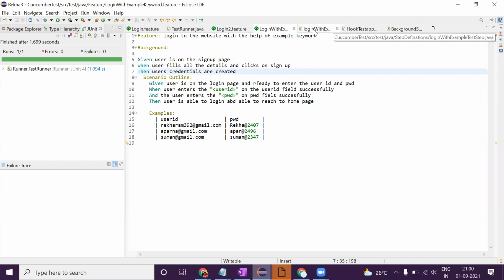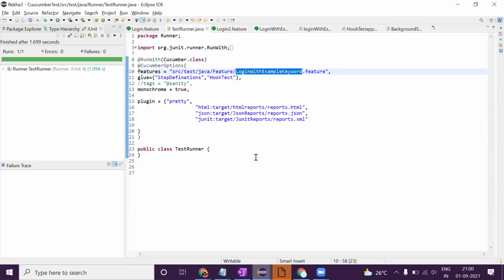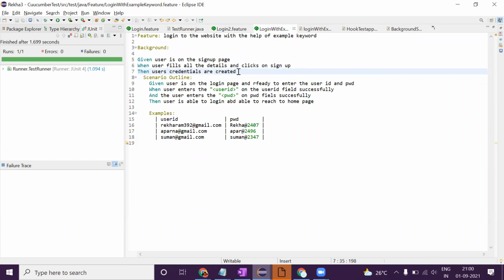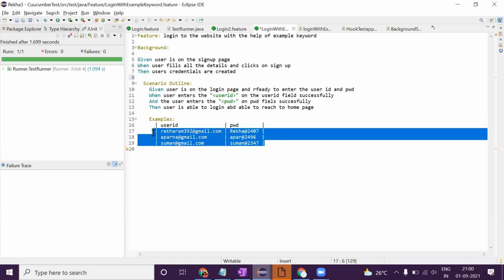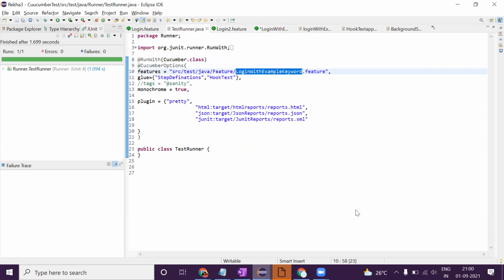Now in my runner file, I had given the feature file. My feature file is this. Here I have one Background keyword and three sets of data. So now how does it work? I'll go to my runner file and run that.